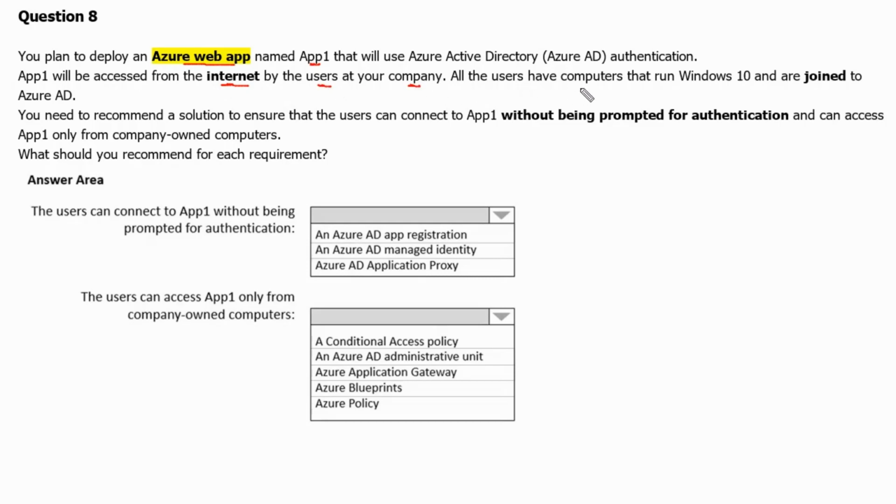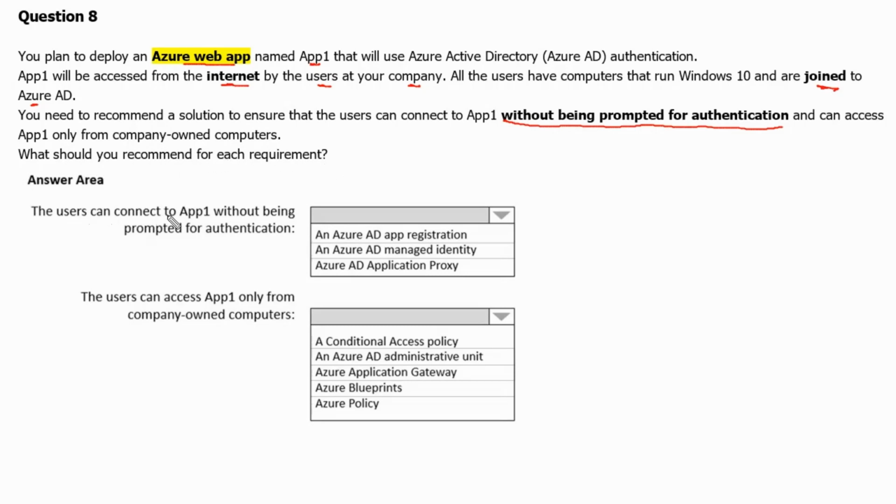All the users have computers that run Windows 10 and are joined to Azure Active Directory. You need to recommend a solution to ensure that users can connect to App1 without being prompted for authentication and can access App1 only from company-owned computers. What should you recommend for each requirement?